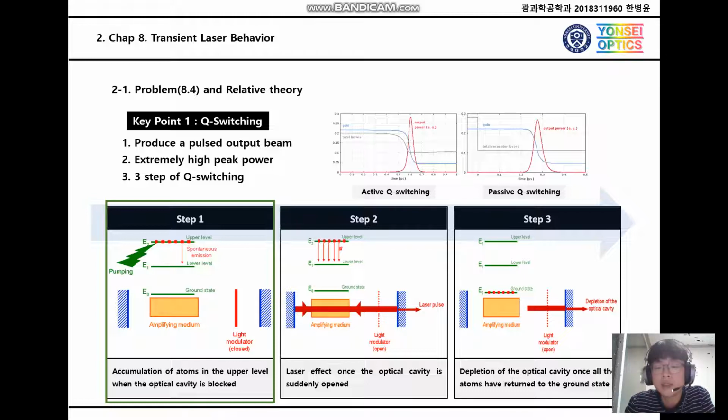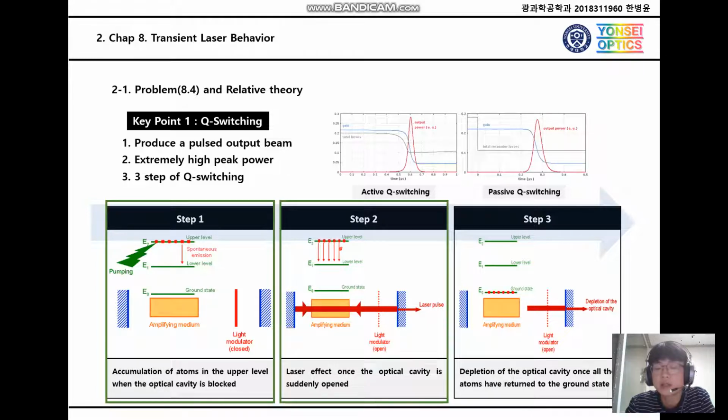When the pumping system supplies more atoms per second than lost energy by spontaneous emission, the population in the upper level can become very large. After a certain time, the energy losses in the cavity are suddenly reduced so that laser oscillation becomes possible. As there is a very large population in the upper level, stimulated emission becomes very probable and the laser is